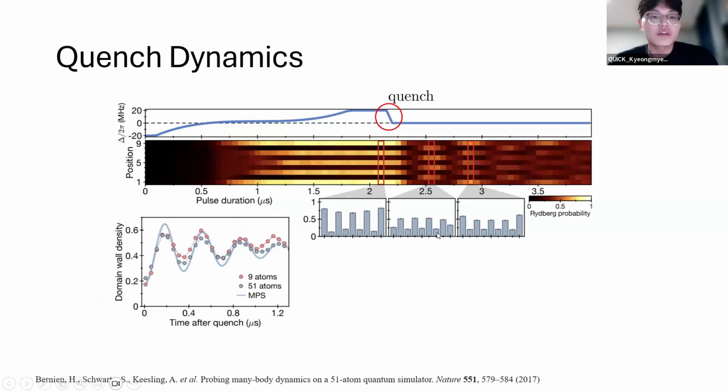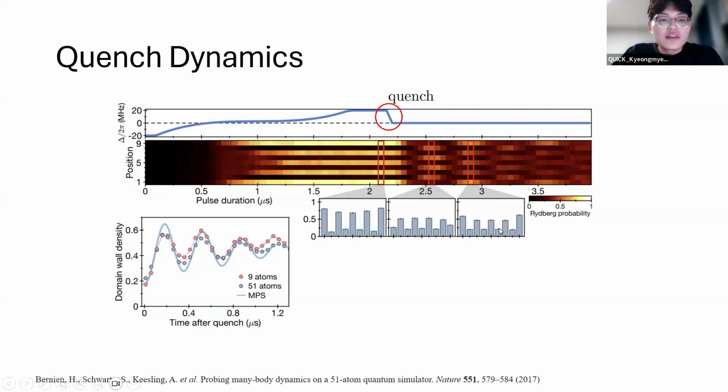And beyond exploring quantum phase transitions, the quantum simulator further enables us to study many-body dynamics that are far from equilibrium, and they're called quench dynamics. A quench is a process where a system composed of many interacting particles undergoes a sudden significant change in its parameter. So basically, you want to disrupt the system's equilibrium state by rapidly changing a parameter within the system, which leads to complex non-equilibrium dynamics.